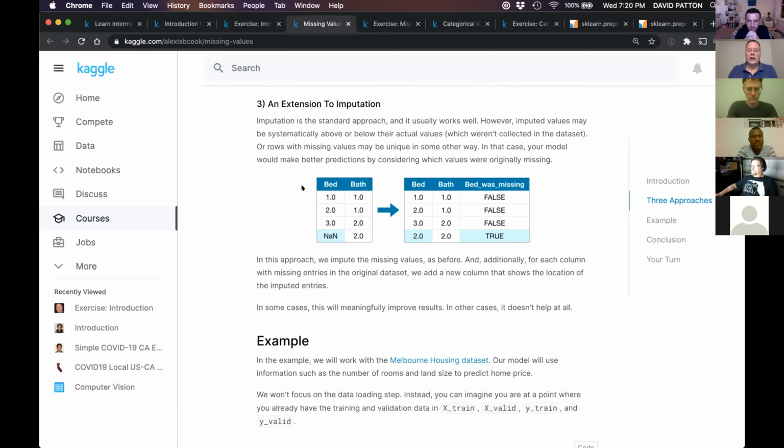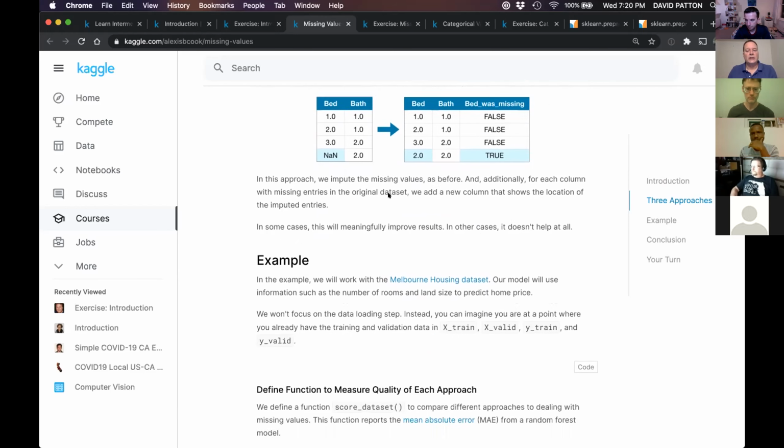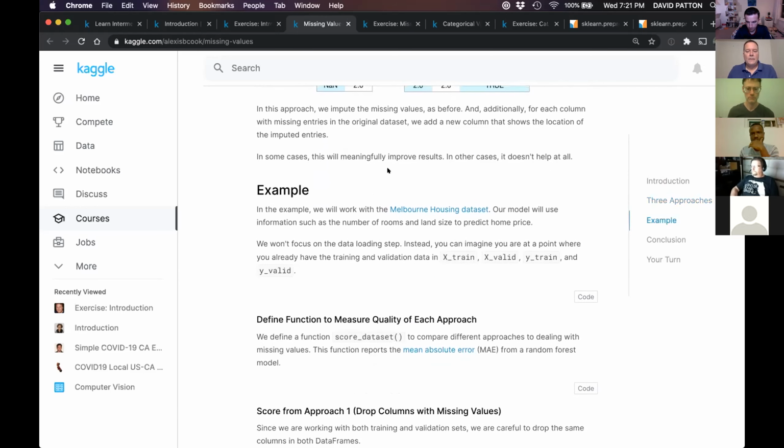That may work where houses are all built by the same builder in the same neighborhood at the same time. That would be a good choice. It may not work out in the countryside where lot sizes vary a lot. But there are many different ways you can handle these values.